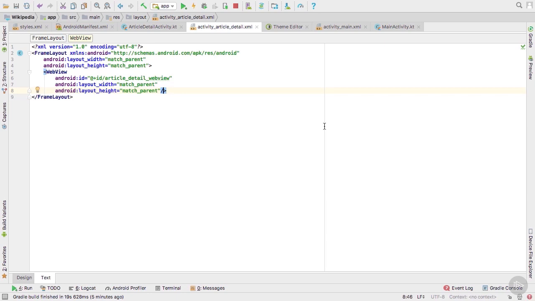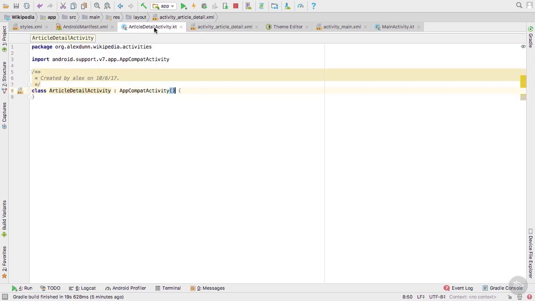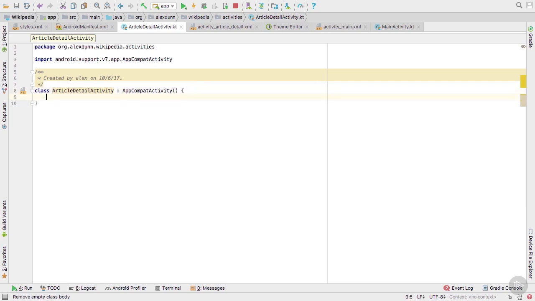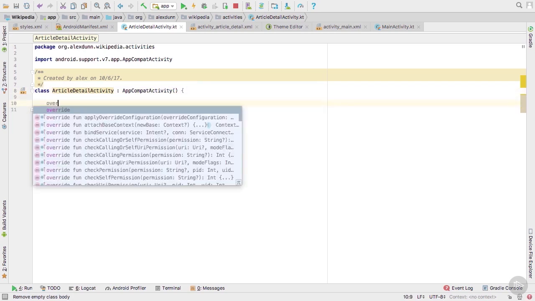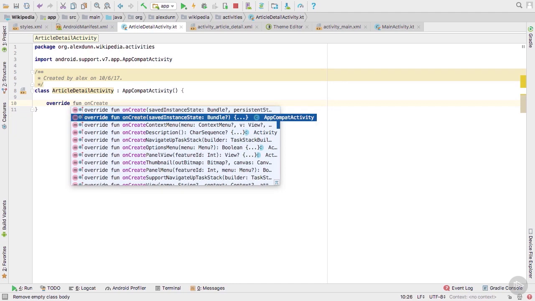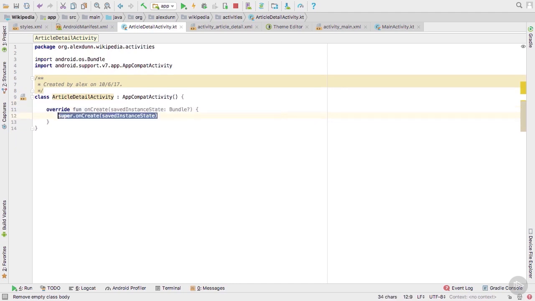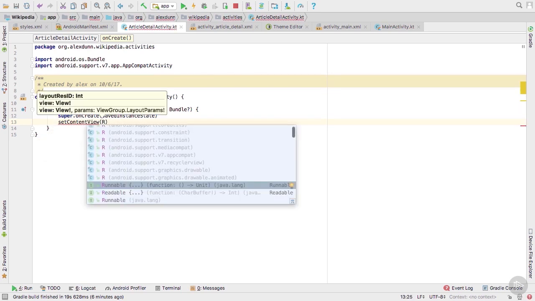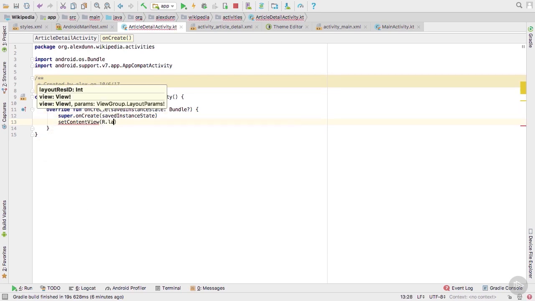The next thing we need to do is assign this layout that we just created to map to our article detail activity. Back over to the Kotlin file, we can override the onCreate function. We'll select the override that just takes the nullable Bundle savedInstanceState parameter. We will still need the super call here, and instead we're going to now call setContentView and then get a reference to the layout file by calling